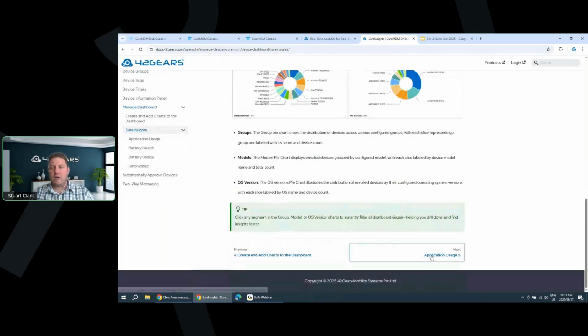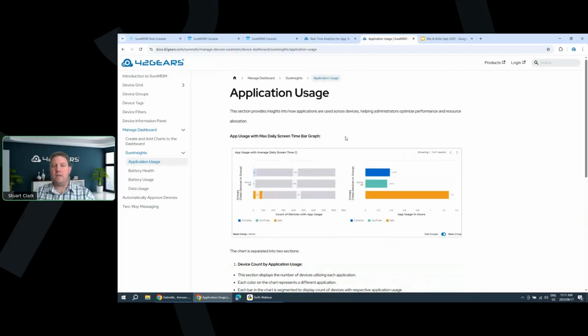Let's have a quick look, and I'm going to hop between the blog that Toshita created and also the manual for now before we move into the console. But this would give you an example of what we're looking at in terms of application usage. And this generally would be for our customers or our partners that are looking to understand which devices, firstly, have an application running on them, and secondly, how much that app was used during, be it that shift or that